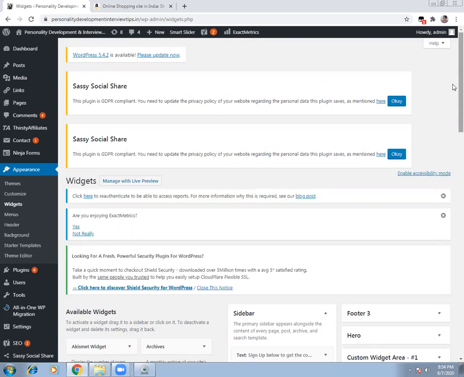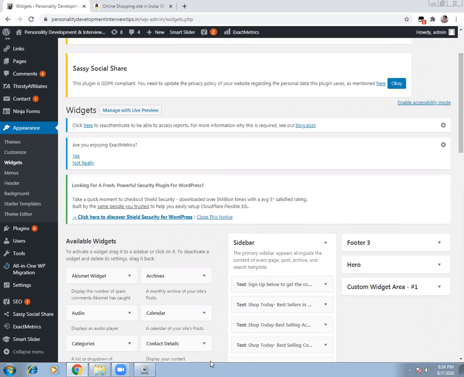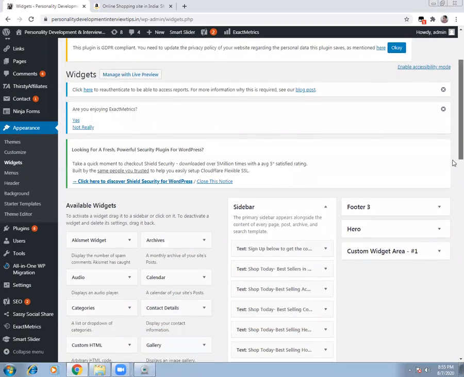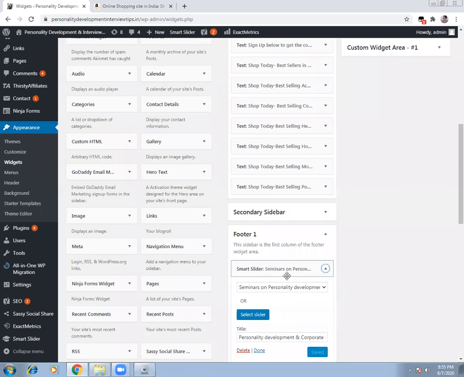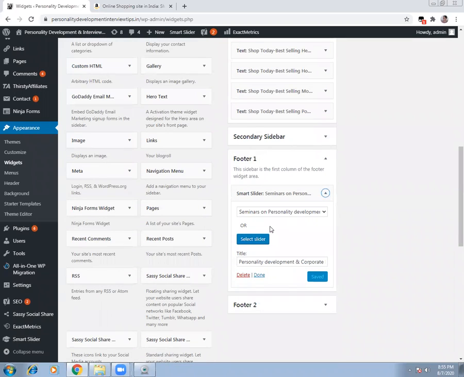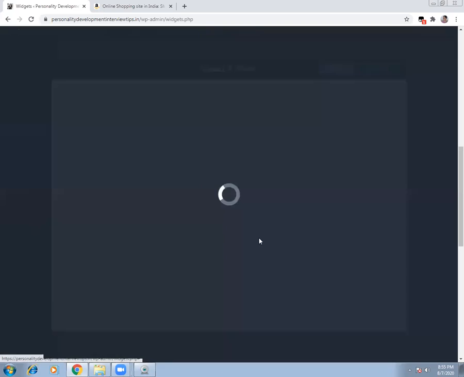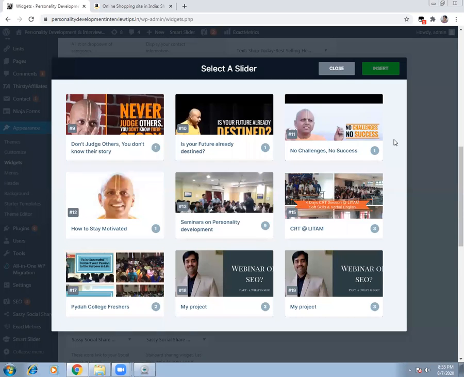You all can see that if I'm placing it, this is a simple tip that I wanted to give you all. If you are placing the code on the header or footer bar, say for example, I have a footer here and here I have a smart slider. I did seminars in colleges, and that seminars thing I have placed on my footer. The moment I started placing it there, here you can simply select a slider. You can go there and select the slider, and when you're able to select the slider, it will play.